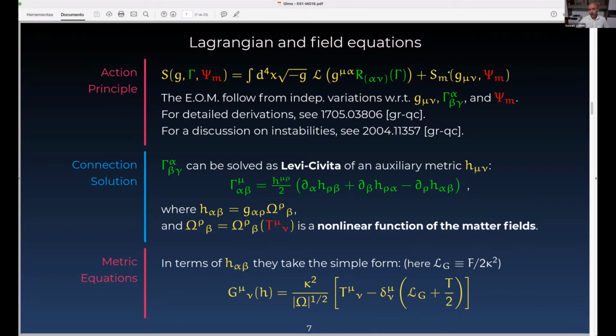This is just a choice. One could make generalizations, but in principle, just to be on the safe side, as far as experiments are concerned, we follow the prescription of the equivalence principle and just keep the metric on this side. Okay. So the field equations of these metric affine theories can be found by independent variations with respect to metric and connection. And the details are in many papers, but in particular in this one, okay?